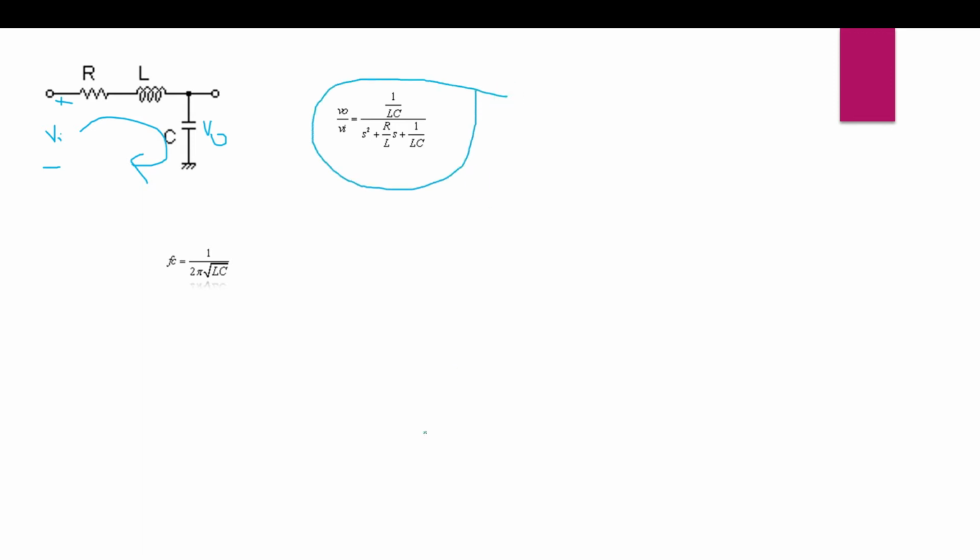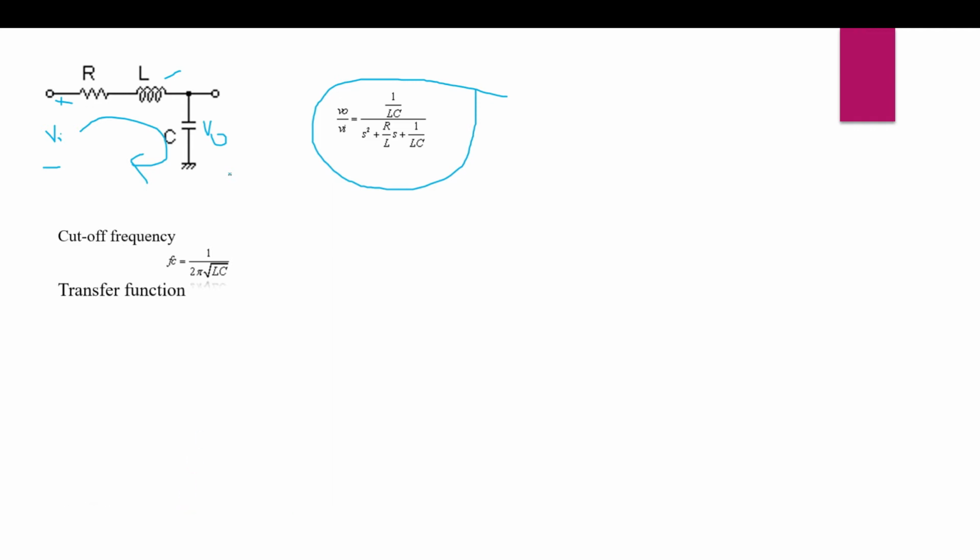If you want the theoretical explanation, I will do that also. So let us apply here VI equals IR plus the voltage across the inductor. What is the voltage across the inductor? V equals L into di by dt, and across the capacitor, i equals C into dV naught by dt. To change all the terms into terms of V, we make this change. The Laplace transform of d square by dt square is s square into V naught of s, and the Laplace transform of a single differentiation is s. In this way we obtain the expression.